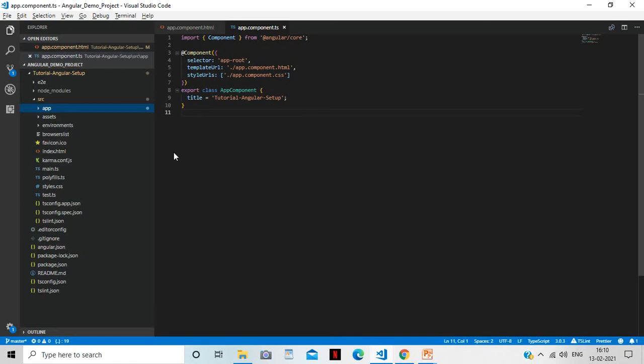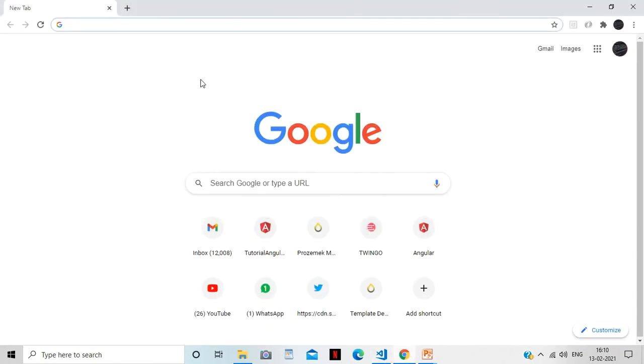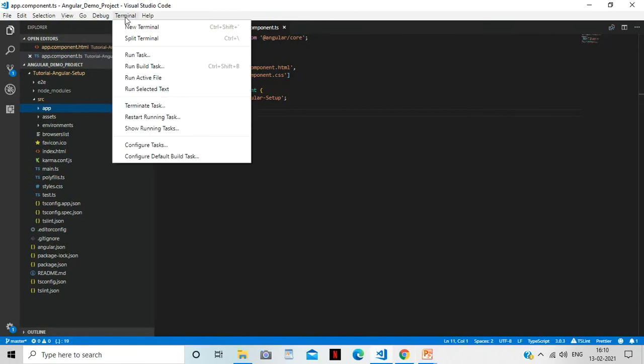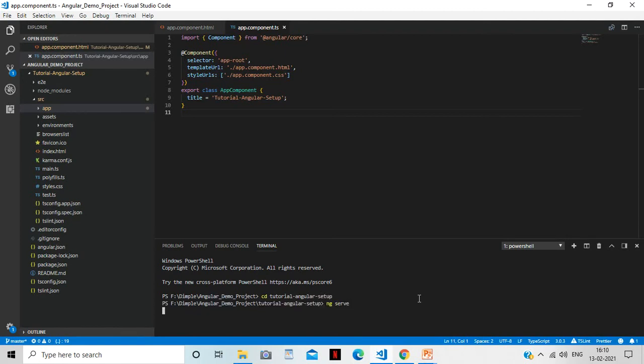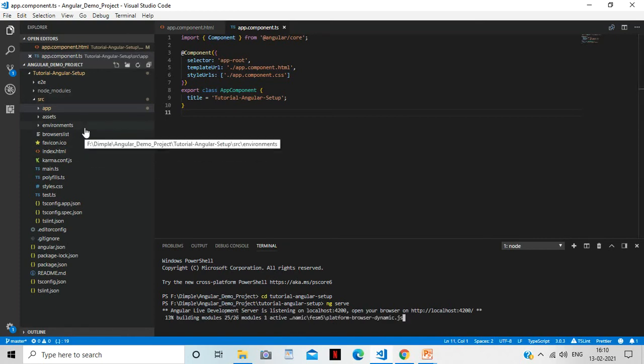One more thing, I forgot to tell you. Let me run that project. First, I have to go inside my project folder. Now we'll see how this app is getting rendered in an Angular application. What is the main entry point of your Angular application?